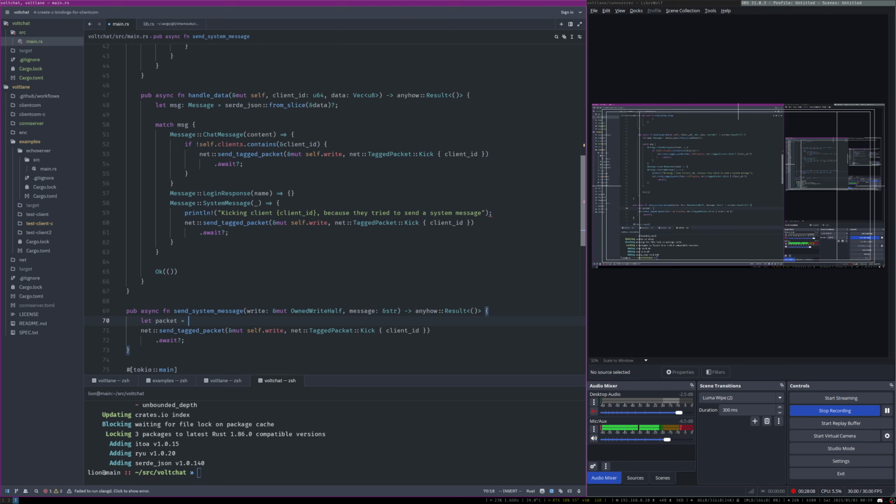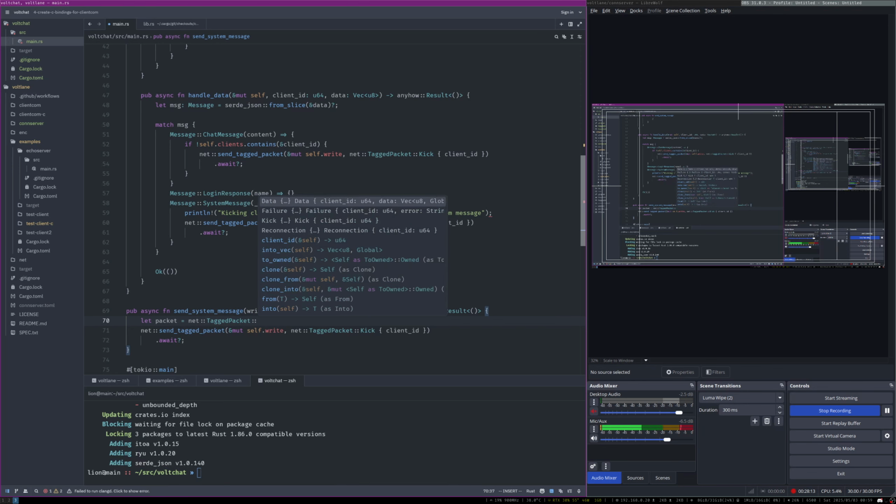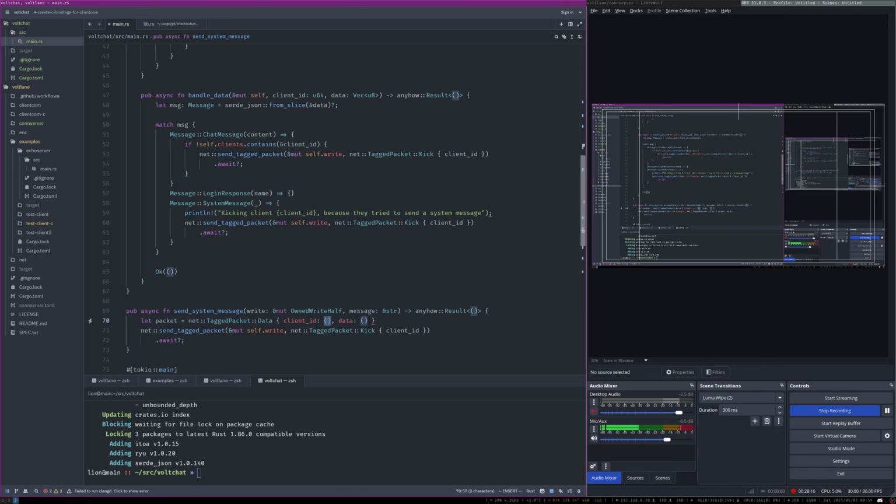So the packet is going to be a net tagged packet, system data with the client ID. So that's the client ID, to client 64, and we do to client. Data is going to be our serialized message. And so our serialized message is going to be